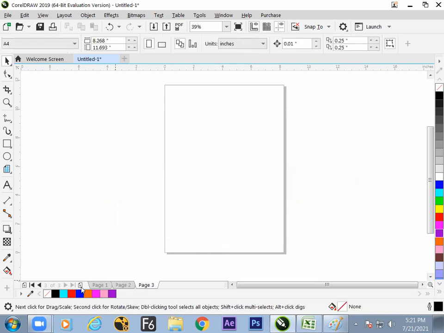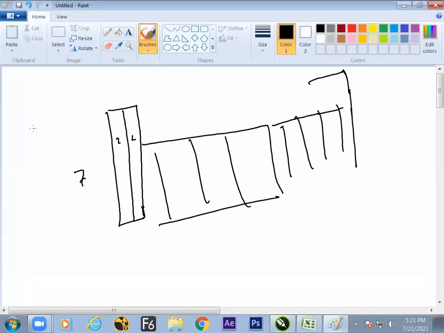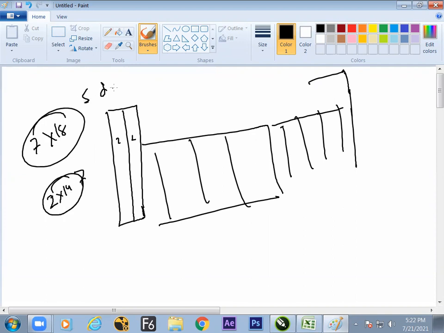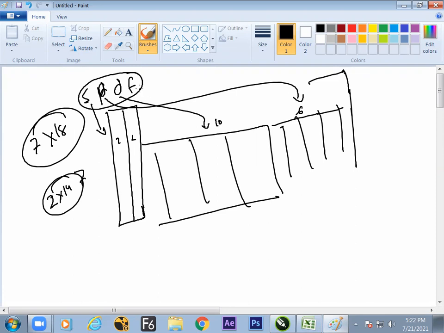Step number one, take a new file. And step number two, the basic thing needs to be clear. The periodic table has 18 columns and 7 rows. 7 rows by 18. This is the periodic table, and the special two are there, 2 with 14. SPDF, these are things which are a little math oriented. The first group is S and P is here. The 6 groups are there here, and the D is of 10 and F is of 14.